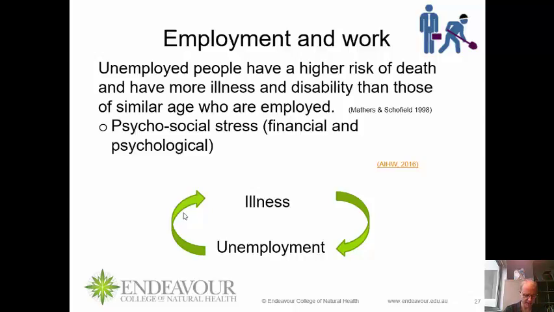So there's a strong impact, so the psychosocial stress caused by unemployment can have a strong impact on physical and mental health and well-being. And for some, unemployment is caused by illness, but for many, it's the unemployment itself that causes health problems through its psychological consequences and the financial problems that it brings. So it's a two-way relationship between illness and unemployment. And people in socially marginalised groups are more likely to suffer from that. So we can see that connectedness or interconnectedness between the social determinants there.